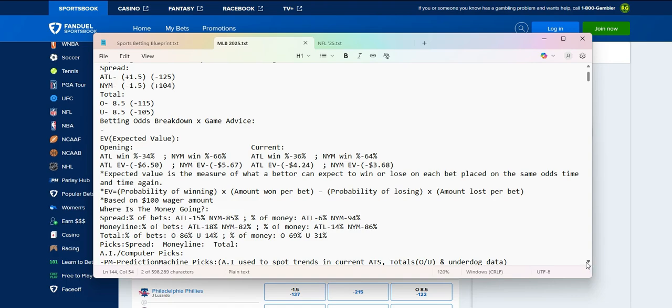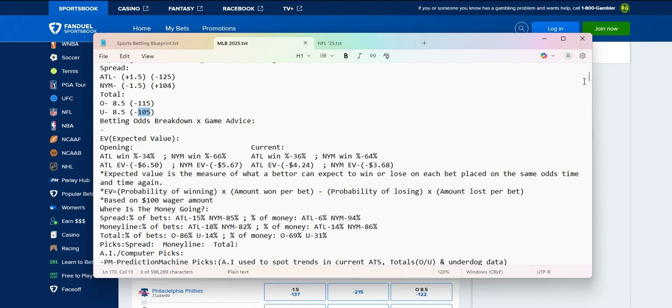And currently, I would go with whichever one has this higher negative here. Whichever one has that minus 105, I would confidently go with that one. But currently, it is under 8.5. Now, that can change. I saw it flip yesterday with the game. Minus 115 and minus 105 flipped from the over to the under, and the under ended up getting it. So this could flip and go from under to the over. So just keep that in mind.